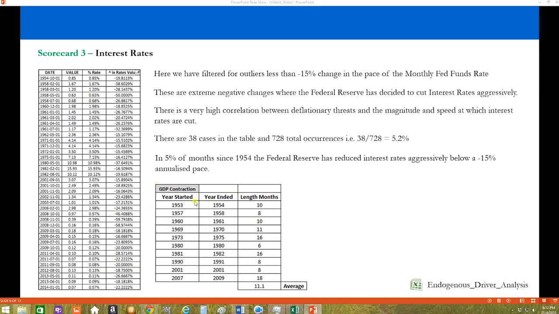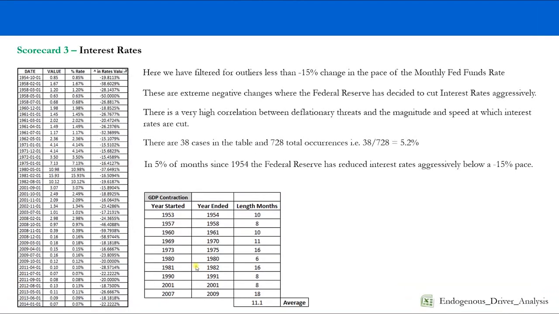And when you compare this to the periods where interest rates in the negative are greater than the magnitude of minus 15%, the percentage change in interest rates, what we see is that there's a very high correlation between GDP contractionary periods and the periods in which interest rates are aggressively cut. And if we look a little bit closer at the data,